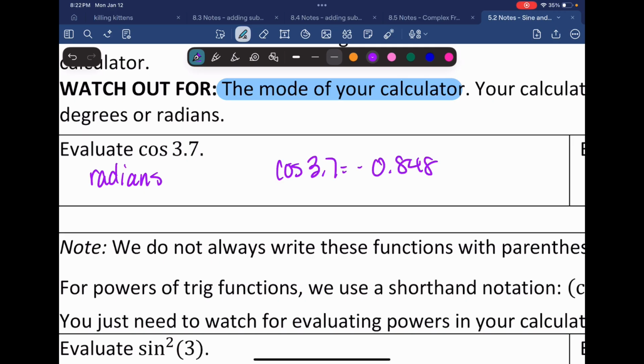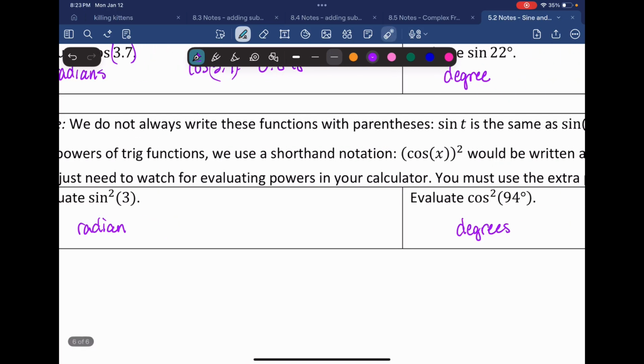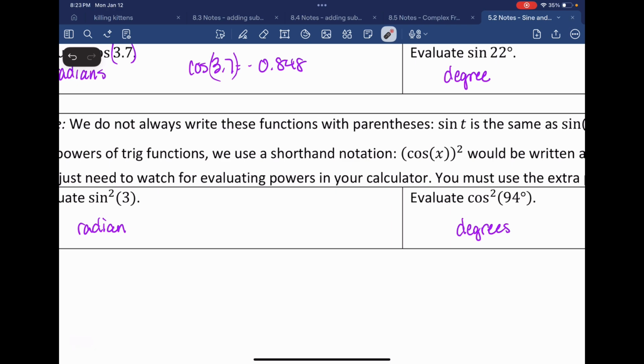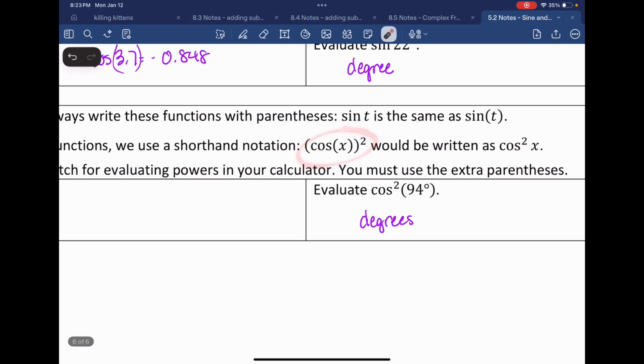So a couple things to notice is that the parentheses, if it's just straight sine, cosine, or whatever, you don't necessarily need the parentheses. You can have them, but it doesn't change the value. Where it does is when you start having powers of trig functions. All right, so if I want to take a cosine, evaluate it, and then square it, I would write it as cosine squared x. Problem is your calculator doesn't do that. So we have to use the double parentheses